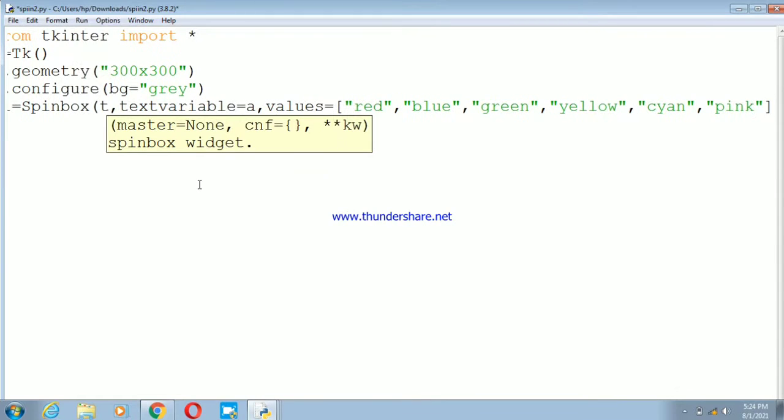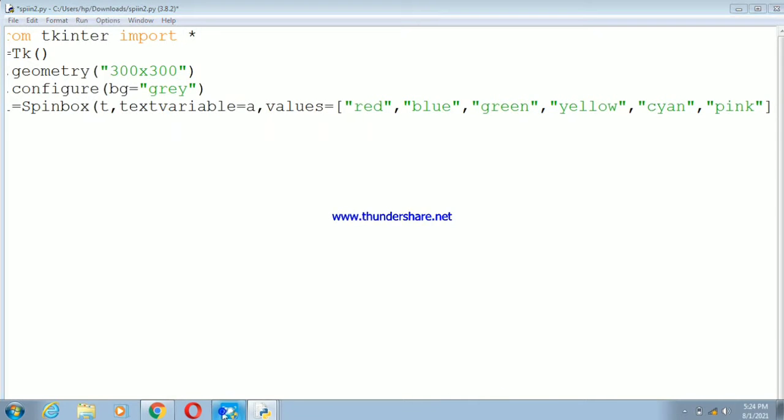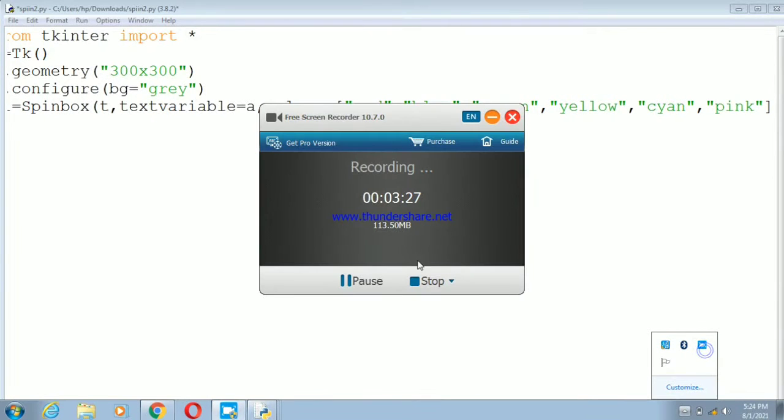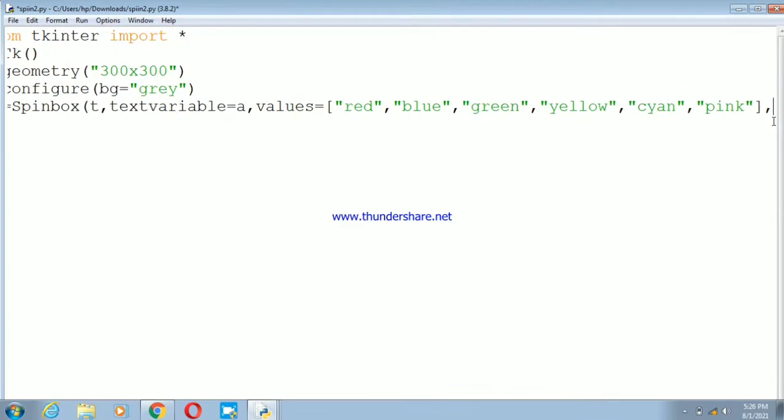After defining these colors, we are going to define the font style.